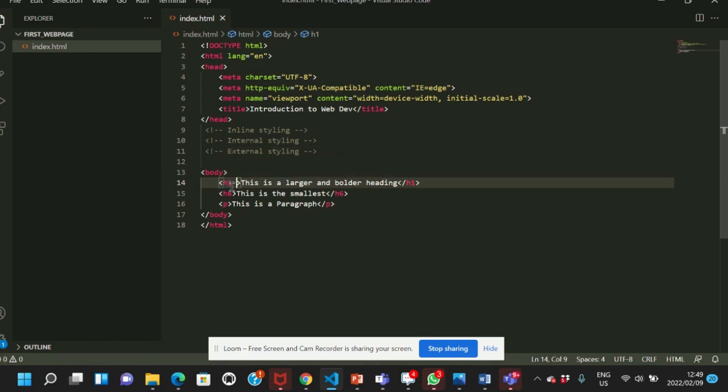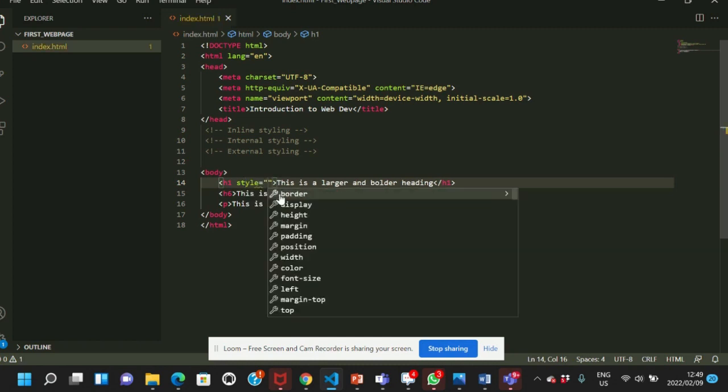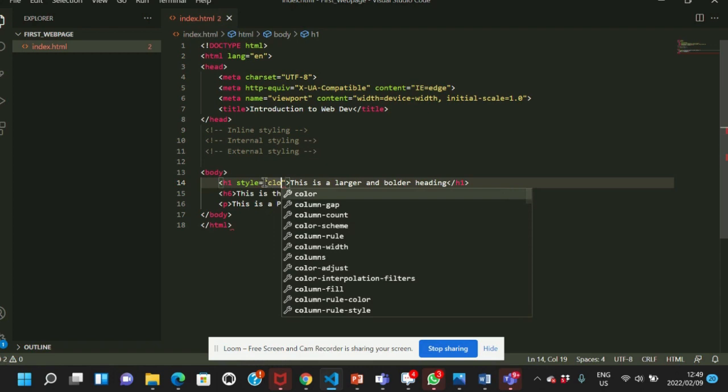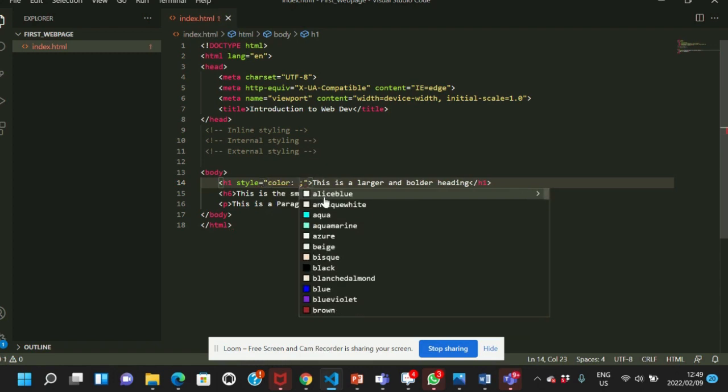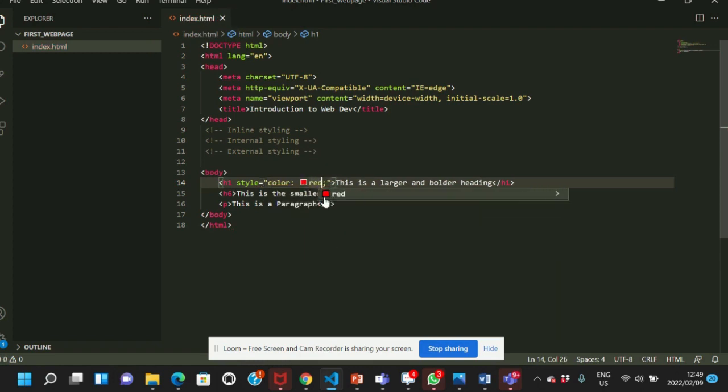So how does inline styling work and how do you use it? You just start by typing the word style, right? You type style is equal to, and in double quotes, then let's do this. I'm going to say maybe color. Let me put a color, maybe put red, right? But before